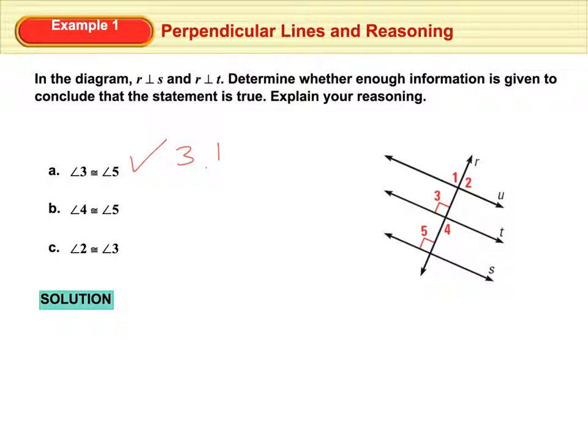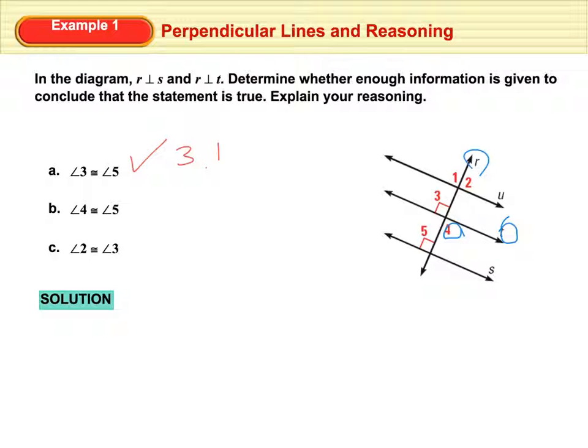Now, number 2, angle 4 and angle 5, are they congruent? Angle 4, notice that it's here. It doesn't tell us whether angle 4 is congruent or not. So what can we do about that? Now, we know line R and line T are perpendicular. Line T is this one, line R is there. They're both perpendicular. So by theorem 3.2,